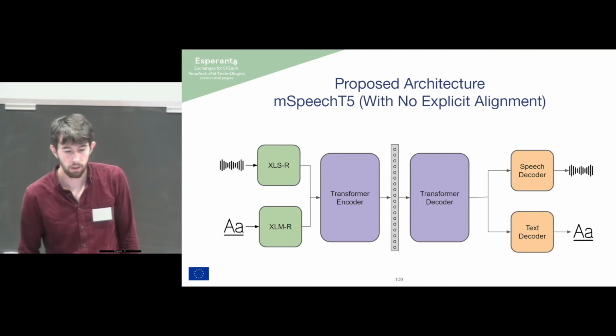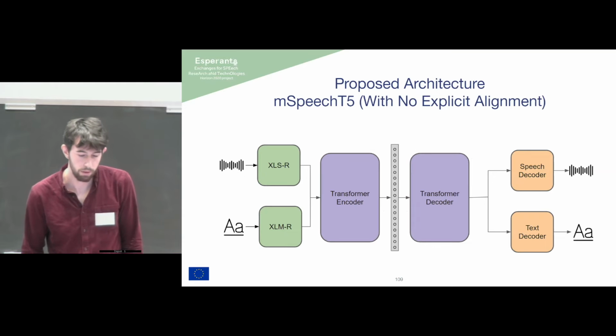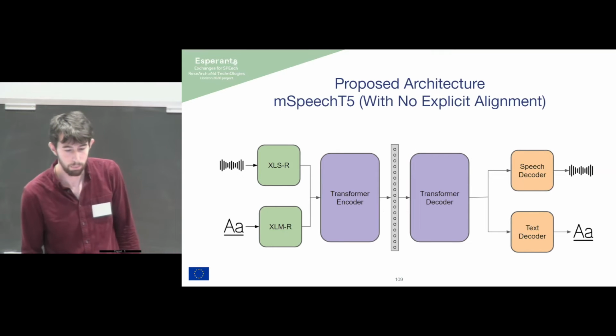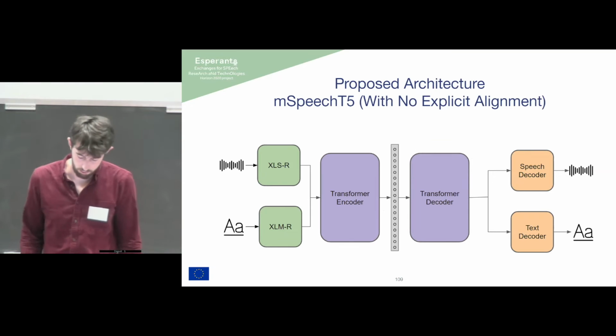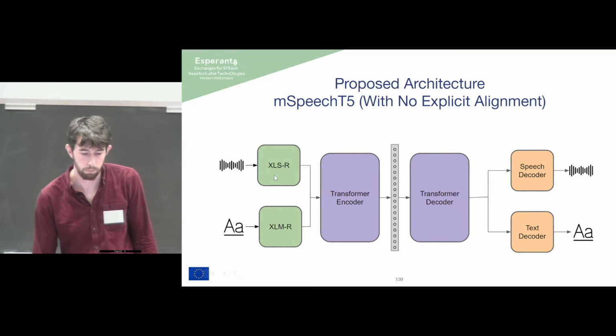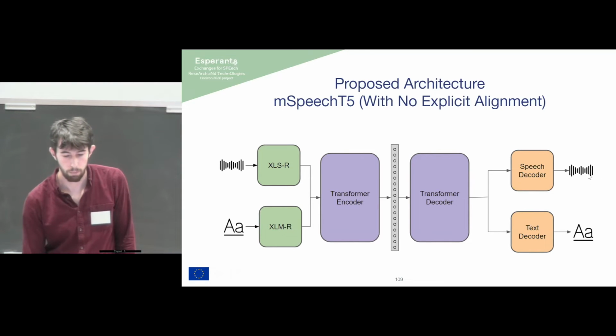So when we were thinking about it, we came up with a system that looked like this. If you know SpeechT5, you'll see that this is very similar to their architecture. But what we have here is a multilingual speech encoder, XLSR, I think there are 128 languages. It takes an input waveform and generates a sequence of hidden frames. We have a multilingual text encoder, which takes a text sentence and generates a sequence of hidden frames, an encoder-decoder network, and then a speech decoder and a text decoder for generating our output representations.